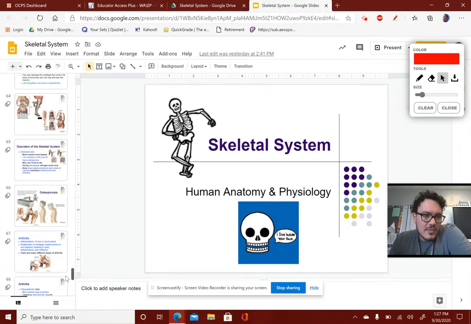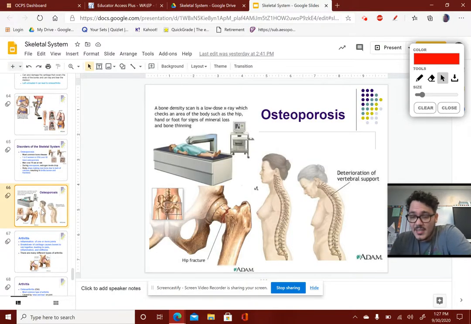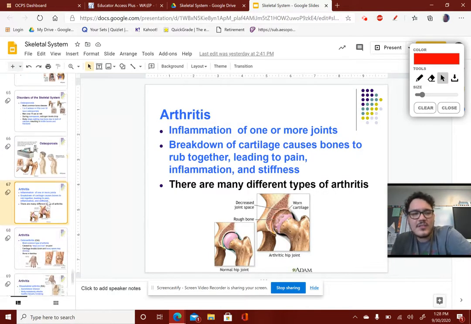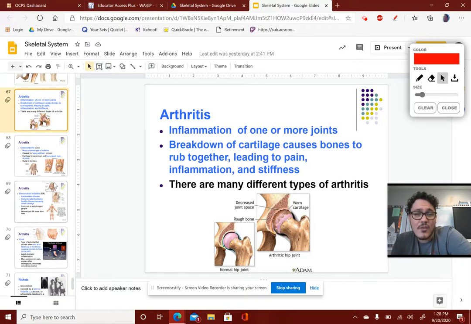All right, where we left off, we were talking about osteoporosis, a very serious bone condition that can cause weakening of the bones and make them more brittle. This is typically a condition that affects women more than men. It tends to affect women more often due to menopause. So just keep that in mind. Okay, all we got left to talk about are a couple other conditions.